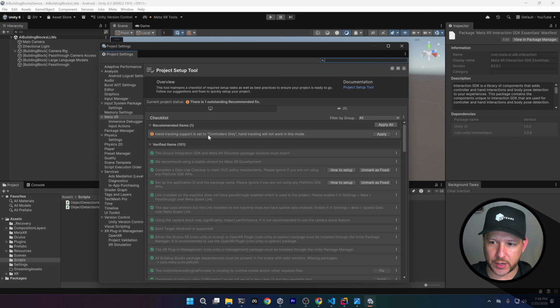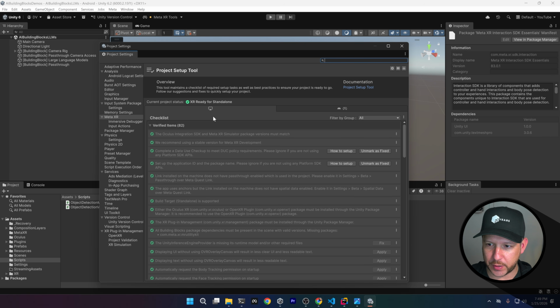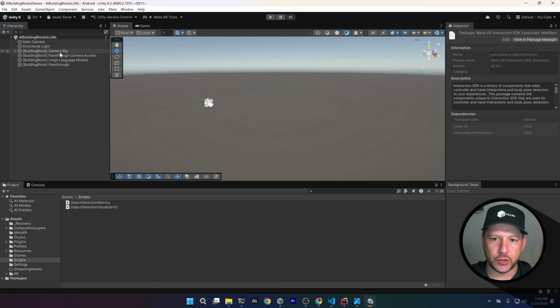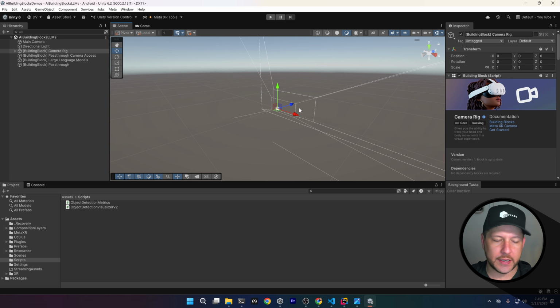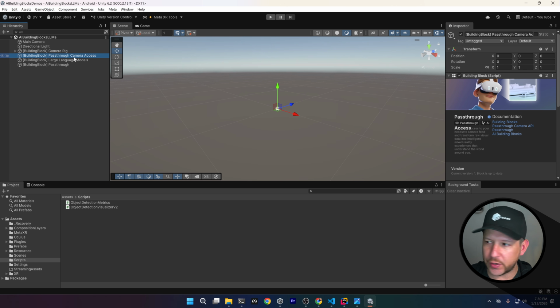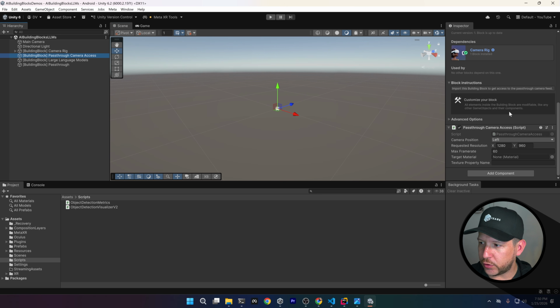It says hand tracking support is set to controllers only. Let's enable hands. That's pretty much what that's saying. So it looks like this is already good to go. What I'm going to do though, now that we have that component, if you go into the pass-through camera access, there's one thing that I want to do before we get into the UI piece,